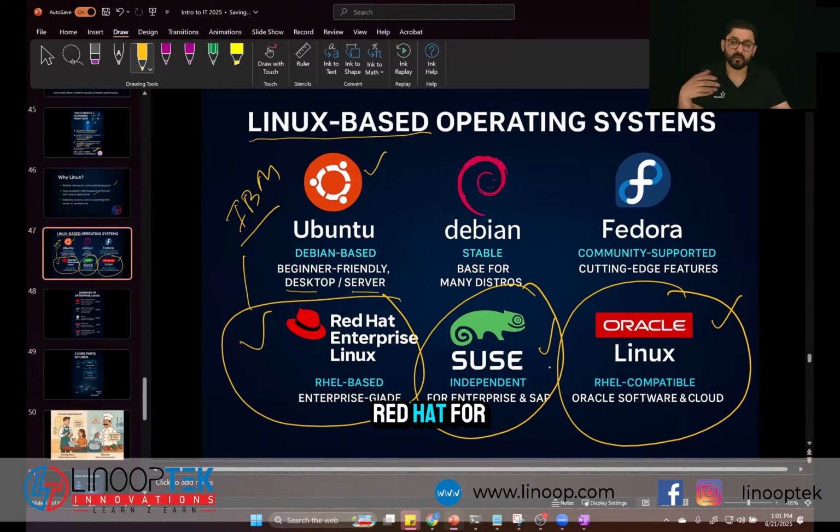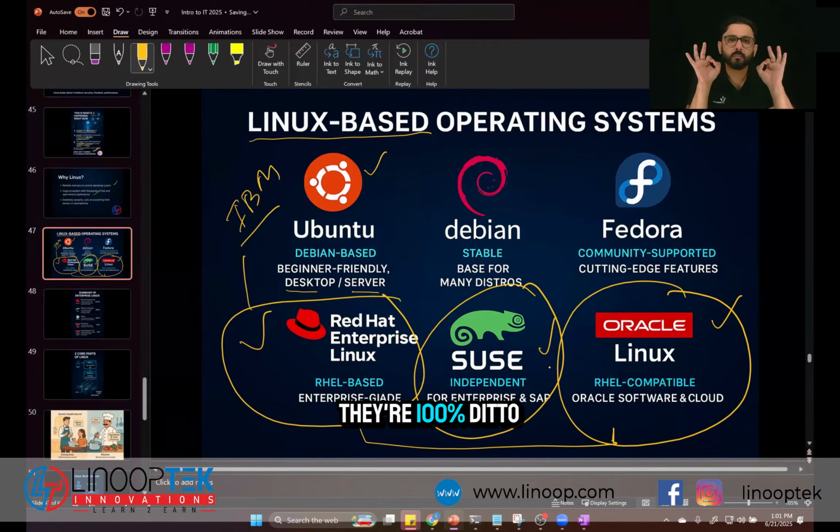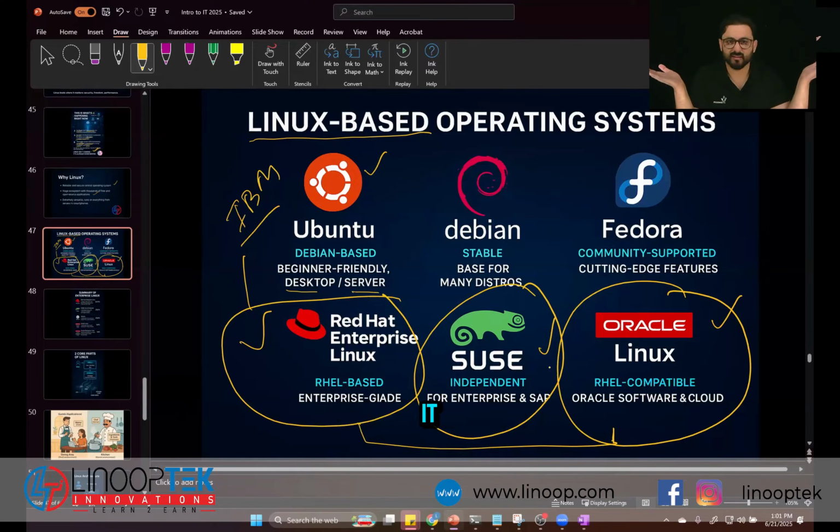IBM bought Red Hat for billions of dollars. Oracle is a different company that also has their cloud, which is getting very popular now. By the way, if you learn Red Hat and if you learn Oracle, you will see they're 100% ditto copy of each other. Slight changes only. The logo is changed, and that's it. So if you learn Red Hat or Oracle Linux, you can claim that you know both of